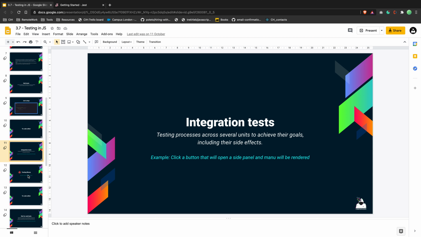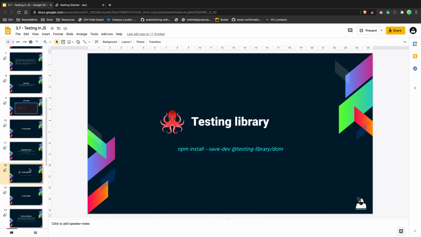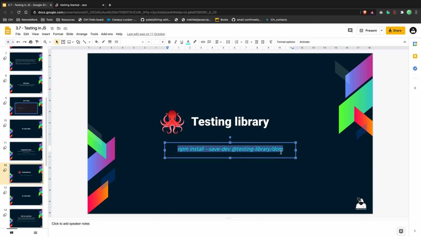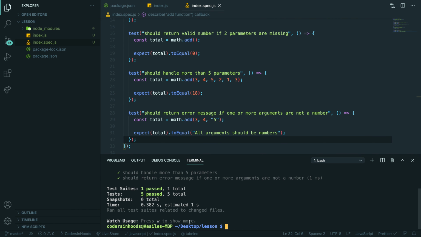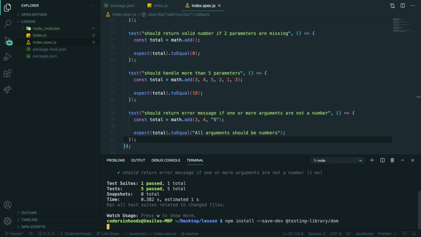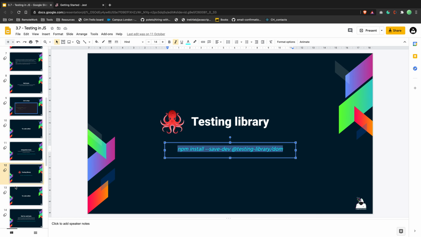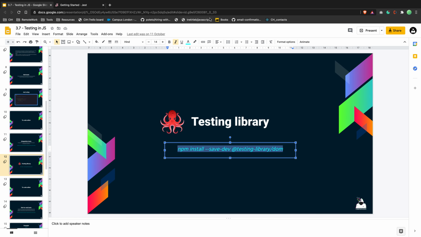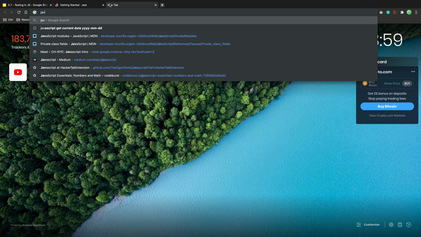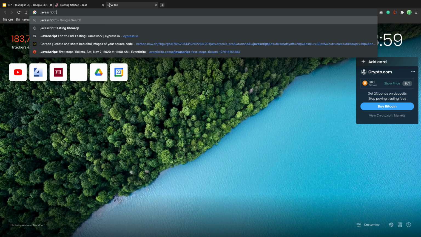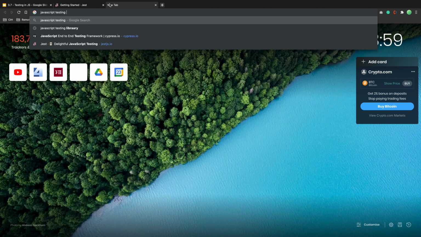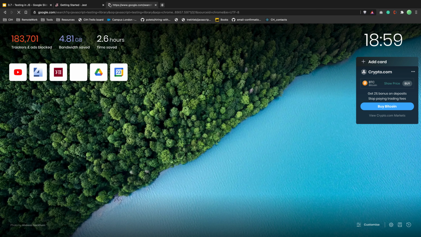So for integration tests, we use Testing Library. This is another package that we want to use. So let's npm install save dev. Let's go to Testing Library, JavaScript testing library.